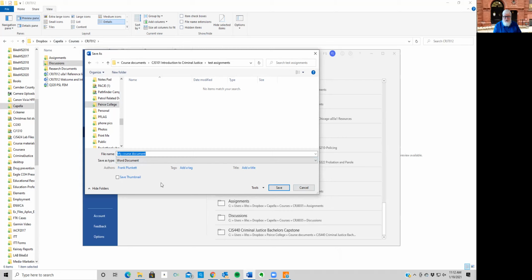But if you do that all the time, it depends on which version of Microsoft Word. Some will by default save it as Document something. Others will grab the first few words from your paper and use that as a suggested title. Well, what I said to you is you don't use that suggested title. Call it something based upon what it is. So now we're in Criminal Justice 101, CJS 101. I'm in my test assignments folder for Criminal Justice 101. So I'm going to call this assignment